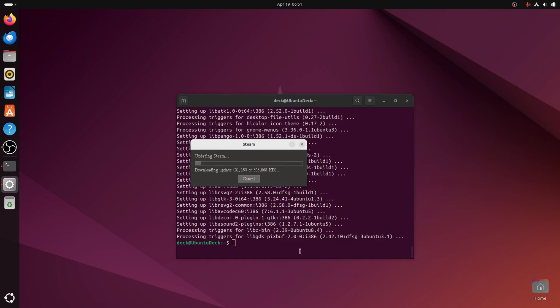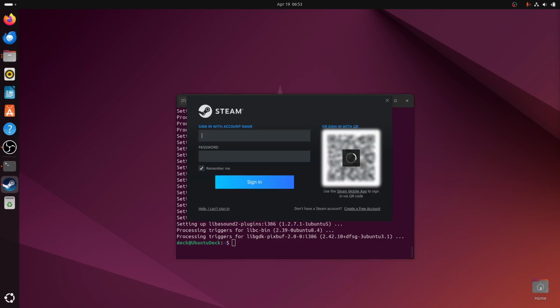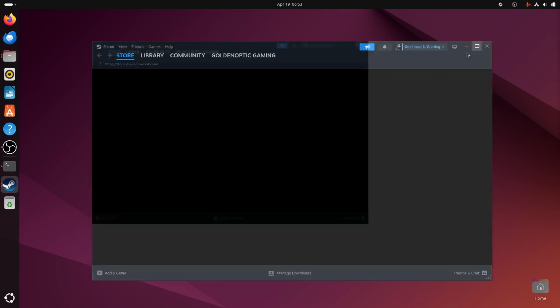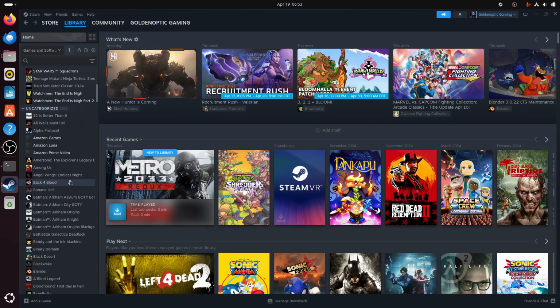See, Steam's updating. So when you get logged into Steam here, I open up the Steam app on my phone, go to my Steam Guard, and sign into Steam. All right, so we're in Steam, and it shouldn't have any of the